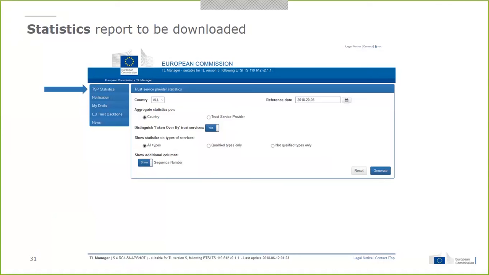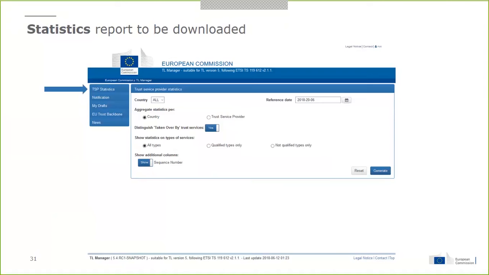We have all histories of all trusted lists, as the current trusted list is considered the current constitutive value of all TSPs, and has to maintain all the history as well. So this reference date will be used to go into the history of the current trusted list if you put a date that is in the past.